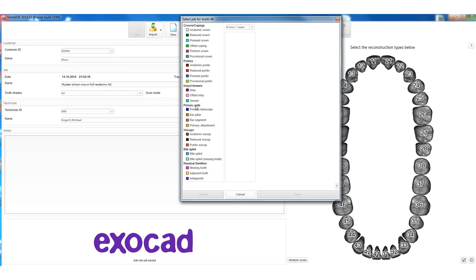Under the primary units, we find telescopes, bar pillars, bar segments, and also primary attachments. Should you want to work with a wax-up, for example, to expect established teeth or prosthetics as a bridge, you use anatomic wax-up for full anatomies, reduced wax-up for full anatomies that should be shrunk back for the ceramic veneering, or pontic wax-up for the bridge parts. If you want to create a bite splint, you choose between bite splint for the existing teeth or for missing teeth like a switching gap or free end situation, you choose bite splint